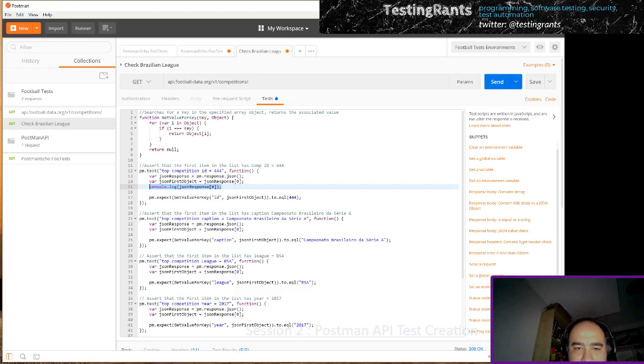Okay, so you only get just the Brazilian League items returned here, and one of them is get value for key. One of them is key value where key is ID. Now I want to check that's equal to 444. It is. And unless they change the feed, this should always return a pass, because this assertion, pm.expect, states that the value corresponding to this ID equals 444, and it does. So if I click send,